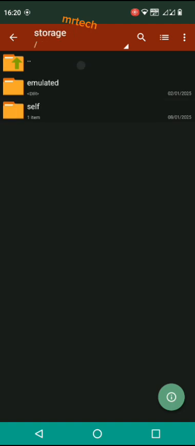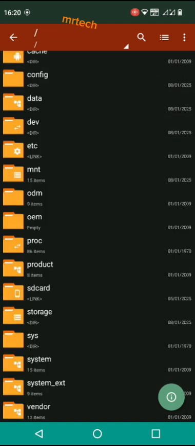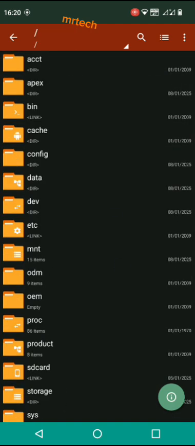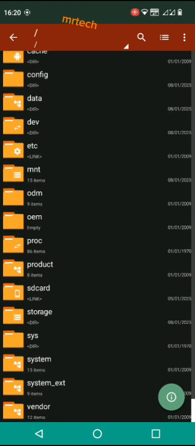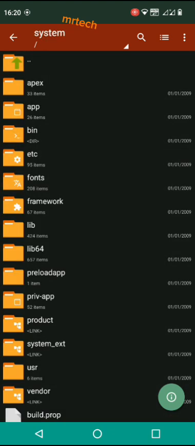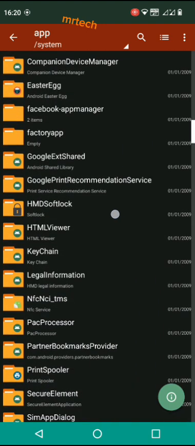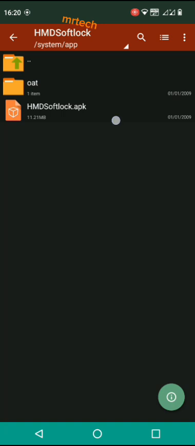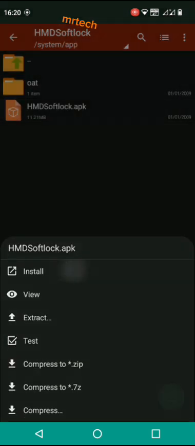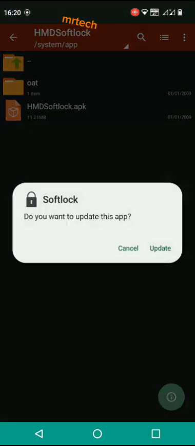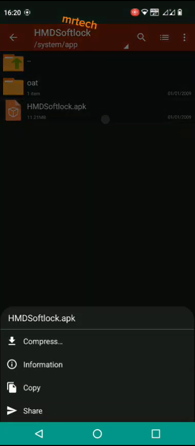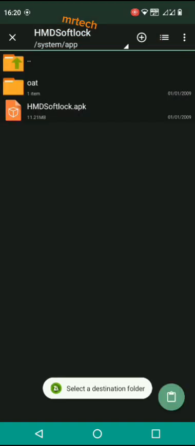So open ZArchiver. If you haven't installed it, go to the Play Store. There's a ZArchiver. Install it. So we're going to go to the root file system, that is, find system. On the root file system in ZArchiver, you click back until you find the system. Then once you click system, you go to apps. Then you will see HMD Soft Lock. Here we are. Once you see HMD Soft Lock, copy it. See, the Soft Lock tries to install and says do you want to update this to the original Soft Lock. So I'm going to copy it,